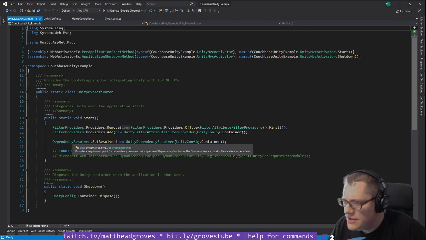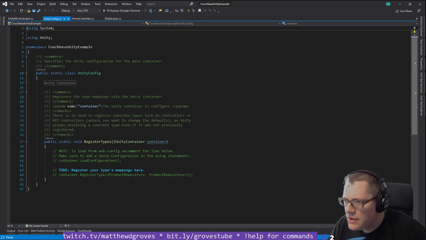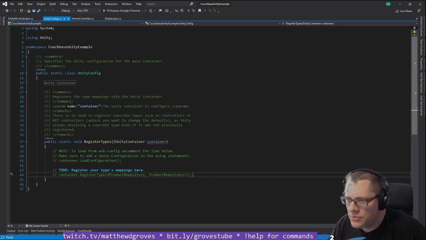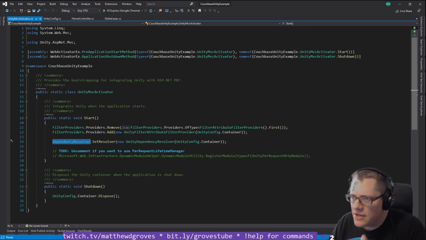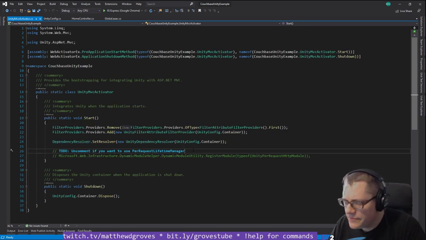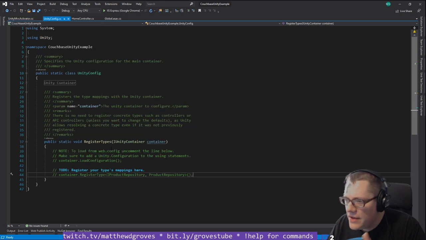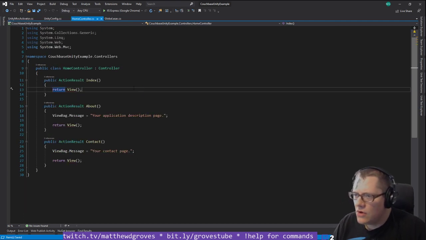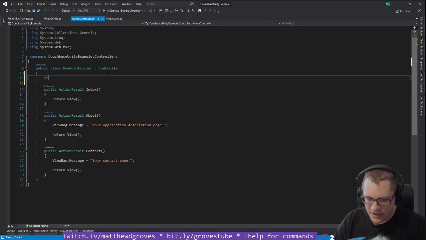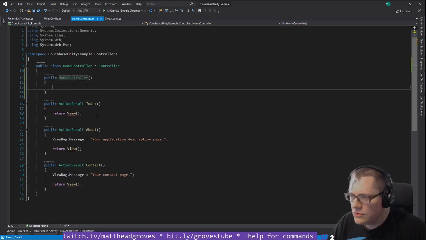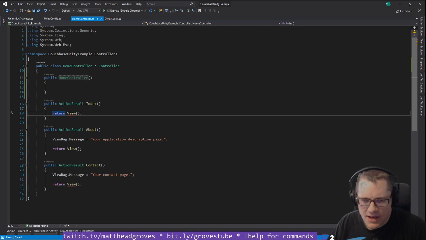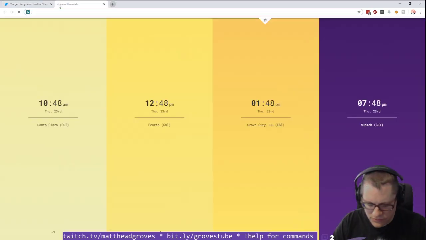And so here's the dependency resolver. And here's the config. So I'm guessing I don't have to touch this MVC activator unless I wanted to use the per request lifetime manager, which I absolutely might want to use for a web application. And then here's where we actually register the various type mappings. Okay, so if we go back here to our home controller,